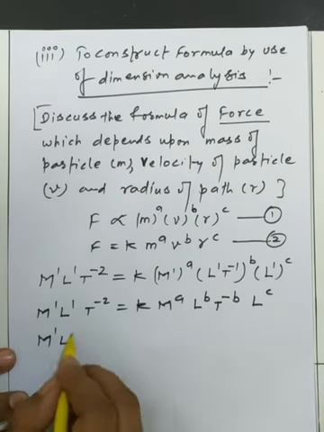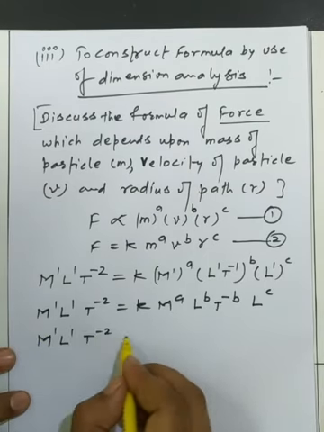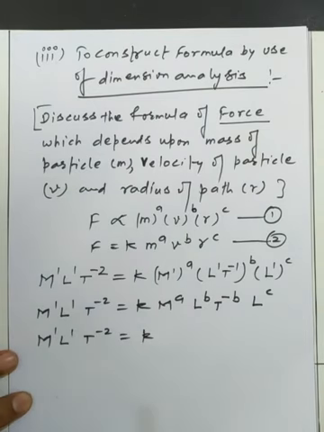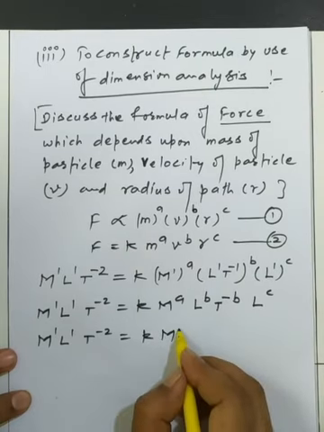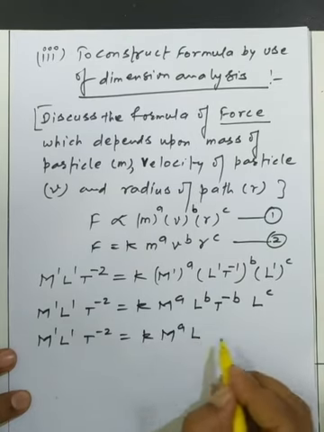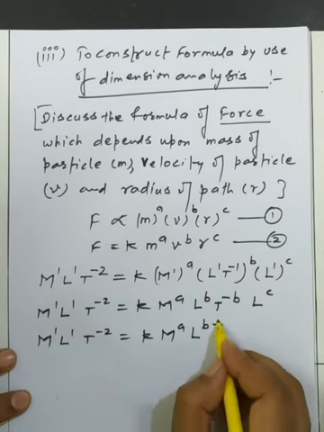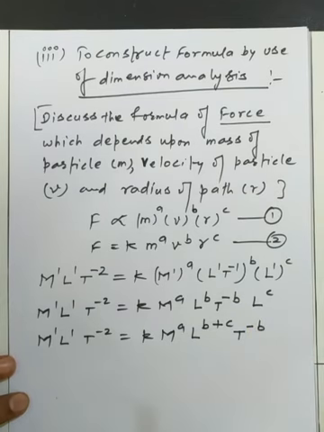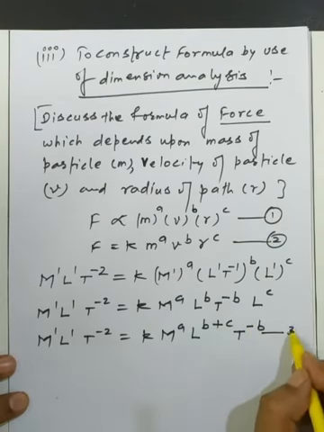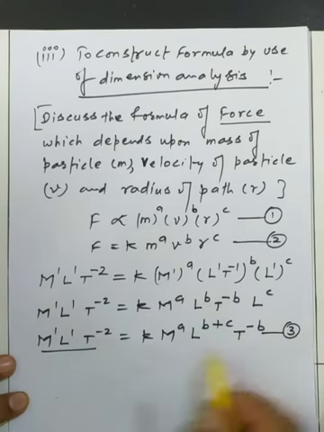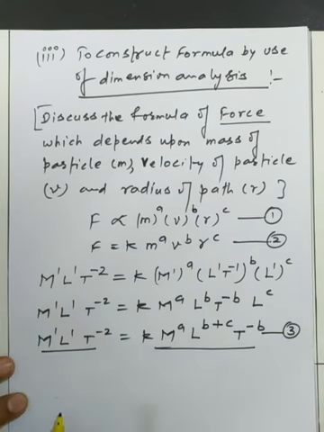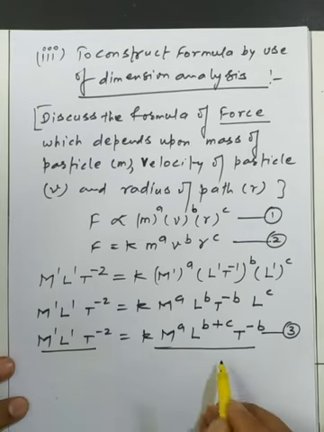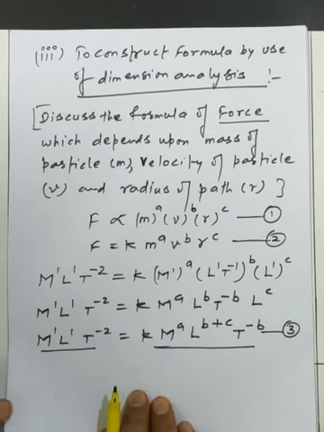Further, we are just getting the modification in the right hand side of the equation. K is common, so we are just adding the whole powers. M is repeated only once, L has the reference, base is common, so we can write b plus c, and t has the representation that is minus b. Now this is one of the equations which we have got, and we will compare the powers of the same type of quantities in the right hand side and the left hand side. So generally it is called the principle of homogeneity.